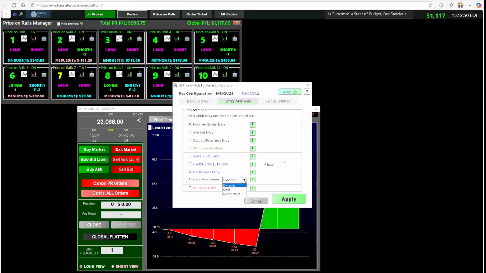The super strict is using everything in order by the order that they are generated, and with the timestamps. The strict, they are using some things in the order they are generated, other things in the order that they are received, and the dynamic is processing all the information at the same time. So it's doing pretty much the same thing that you as a trader do. If you can bend some rules or jump some rules, it will do the same thing. It depends on the strategy that you are using. The dynamic attention mechanism is a good approach